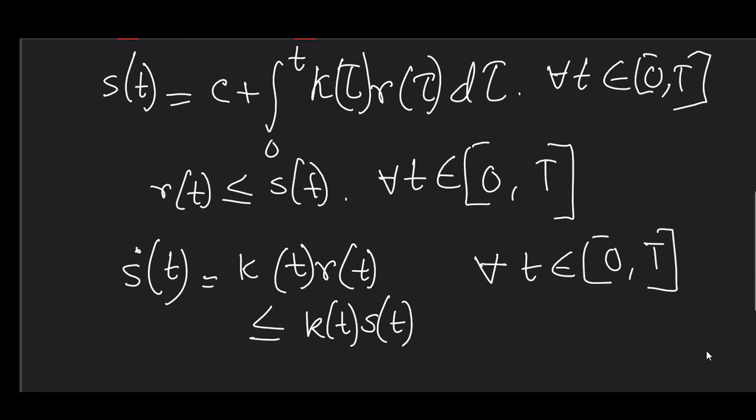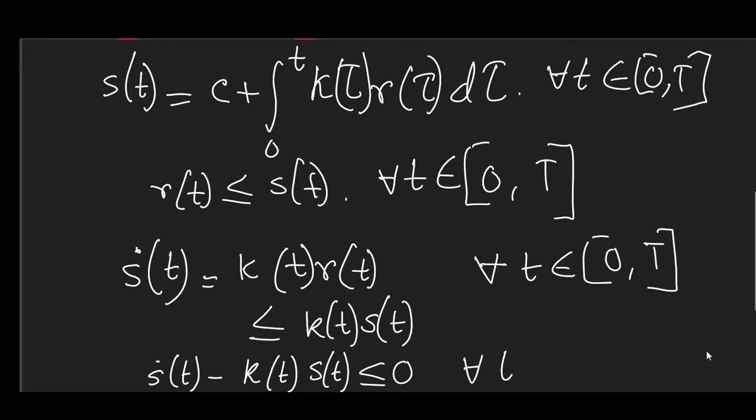Now we can write s dot t minus k(t) s(t) is less than or equal to zero. Right, so from that we can write